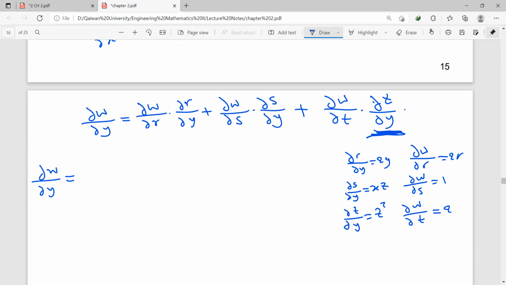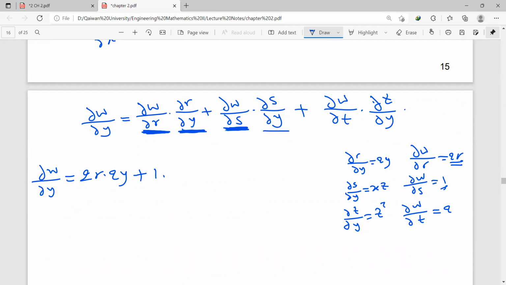It equals partial w by partial r. What's partial w by partial r? We found this. It's 2r, times partial r by partial y, which is 2y, plus partial w by partial s. It's 1,